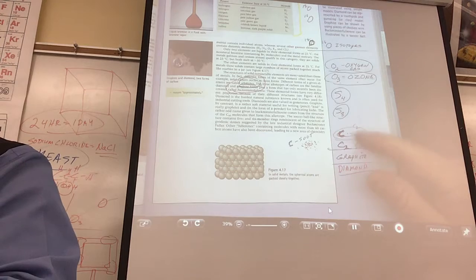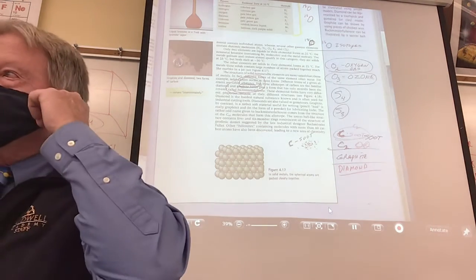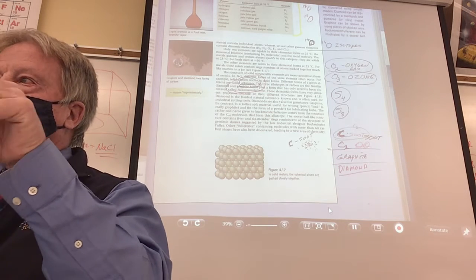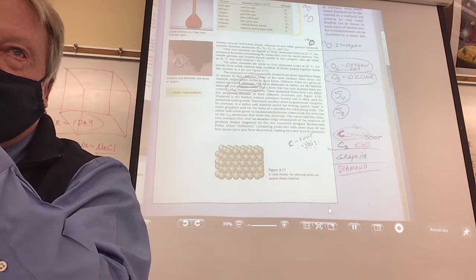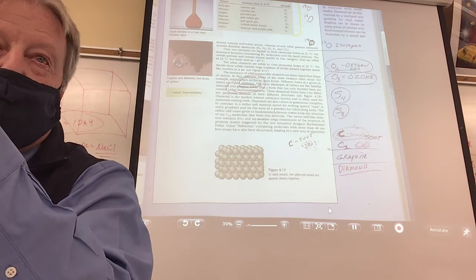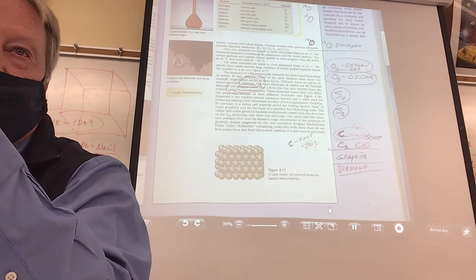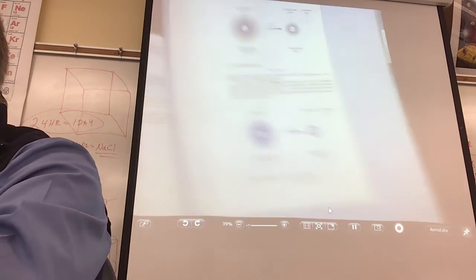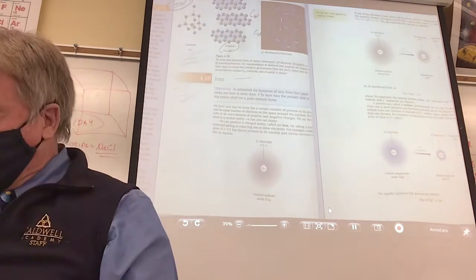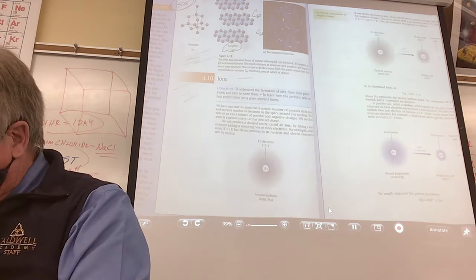Now, the ones I think they spend more time on in your book are the allotropes of carbon. Okay, so what do you call carbon that's just a bunch of atoms, loosely held together and not really tightly bound together? That's called soot, okay? You might even get some diatomic carbon. That's kind of like soot also. But if you turn the page, and I did this yesterday, another allotrope of carbon is called graphite. So what's graphite?